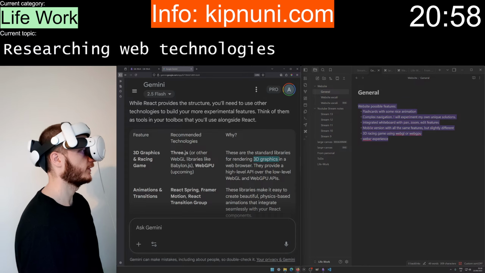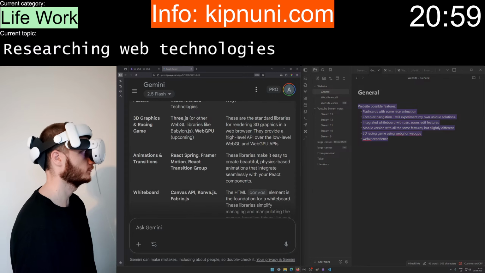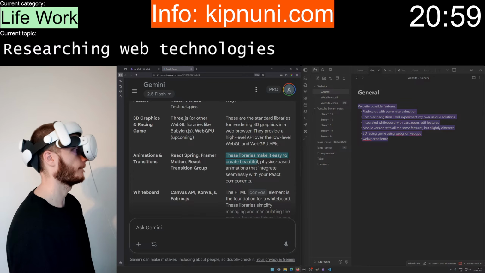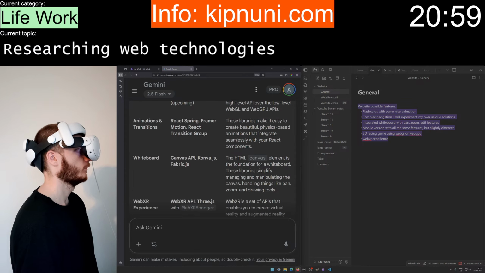Rendering 3D graphics. Spring, Framer Motion, React Transition. Canvas API.